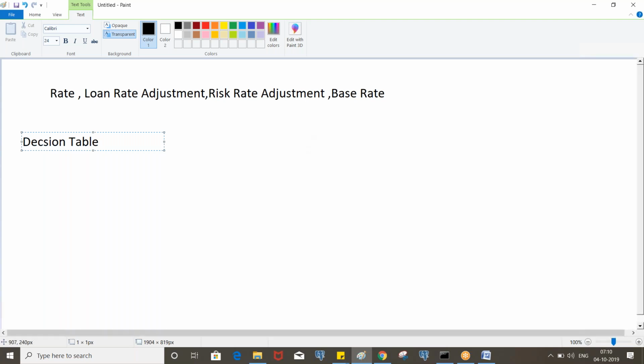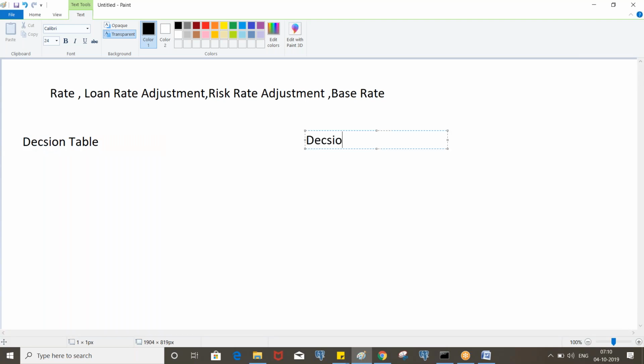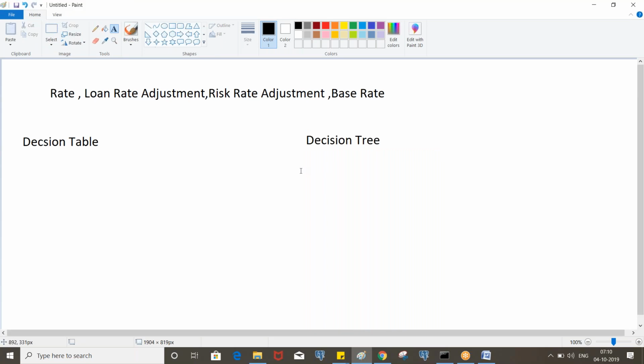The decision tree is also similar to the decision table, but here we can put nested if conditions. If you want to put one condition inside another condition, that is not possible by using the decision table. Let's say we need to consider loan type, loan purpose, as well as loan terms.